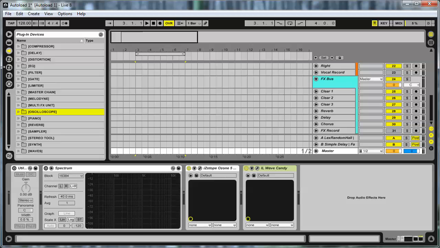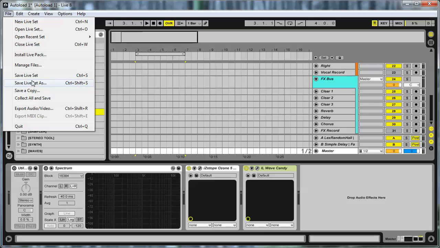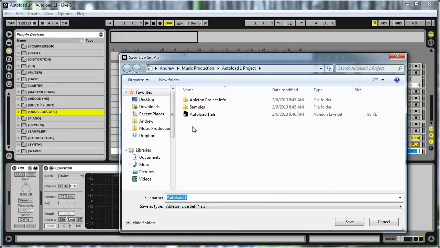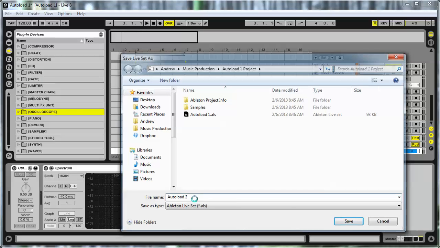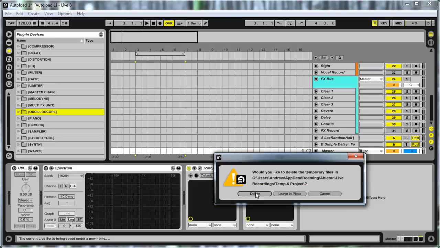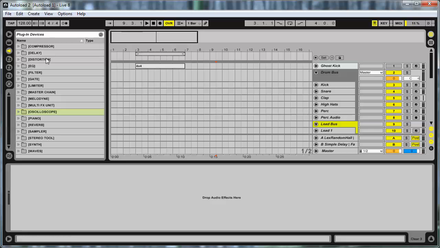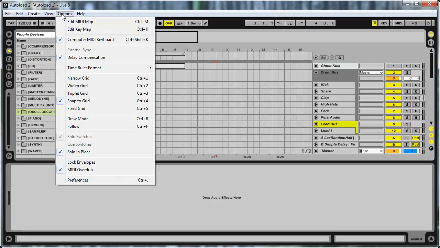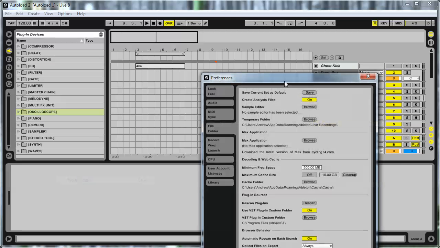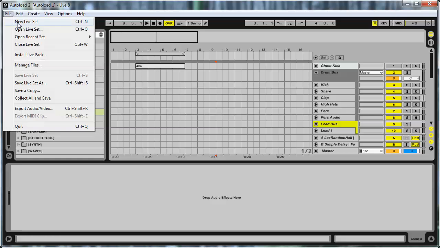And so the last part is save it. So I'm going to save this as Autoload 1. So I'll actually say Autoload 2. So go ahead and delete those. And to make it your actual Autoload is actually really easy. Go to Preferences and say Save Current Set as Default. This is in the File Folder section. So you're going to click Save Current Set as Default. Save. And now, when I go up here to New Live Set,